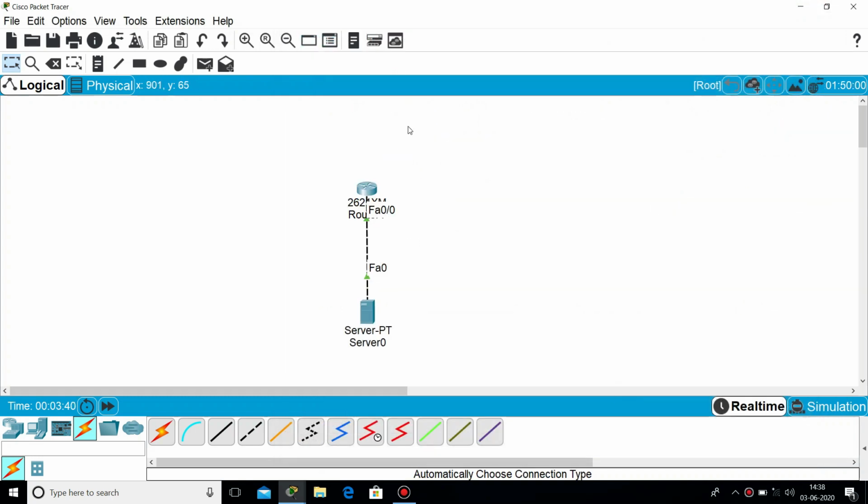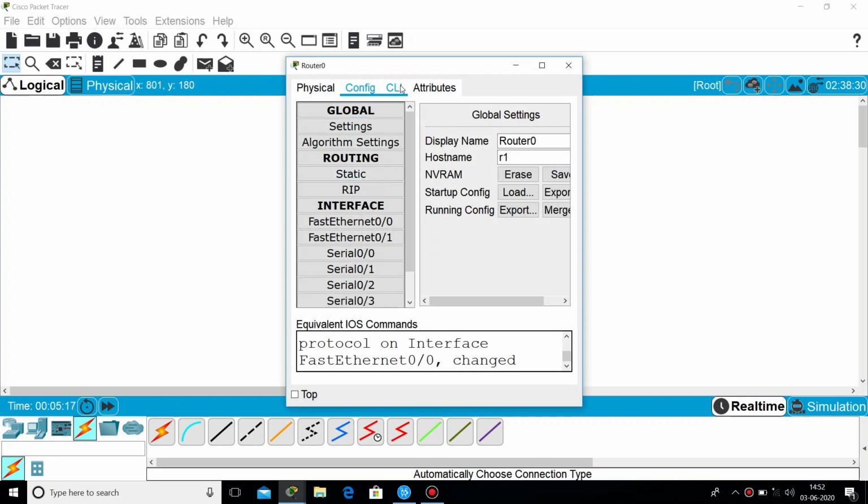Close it. I suggest whatever IP you have given on a particular interface, mention it here so that you will easily remember it. So go on this and mention the IP. So I have given the IP here 10.0.0.1 and here I have given 10.0.0.2. I have done some basic configuration on the router, that is I have changed its host name and I have given an IP address on the router. So for creating backup, I will simply go on the router, its CLI mode,